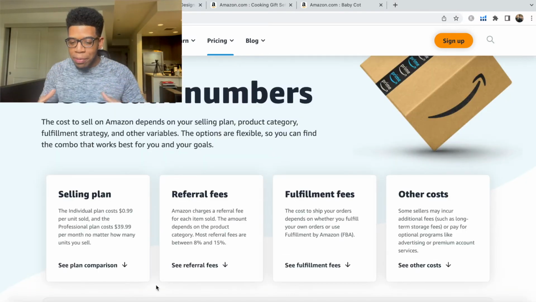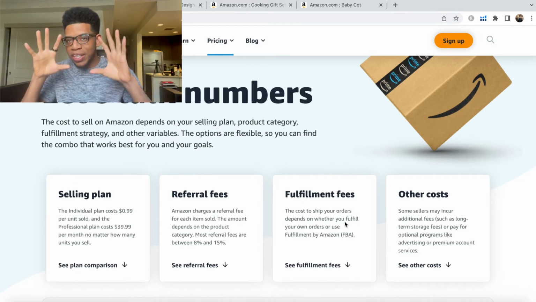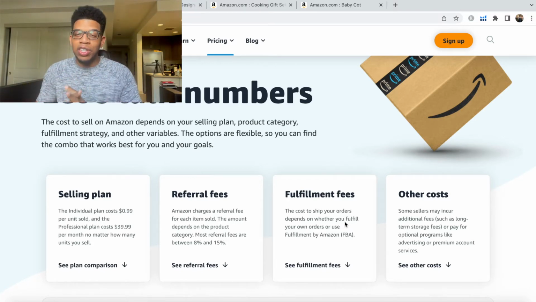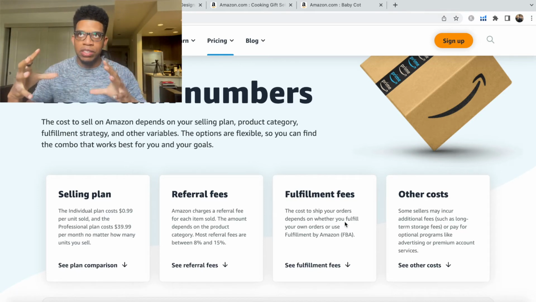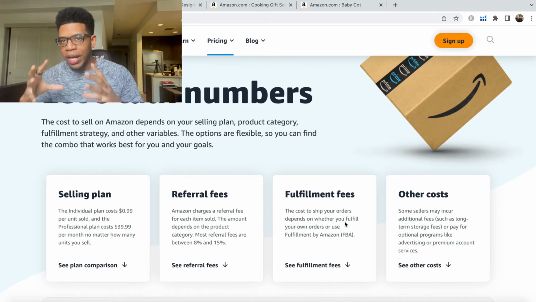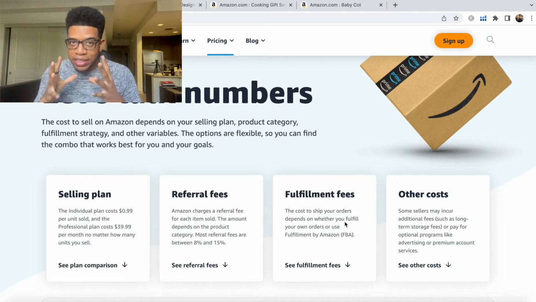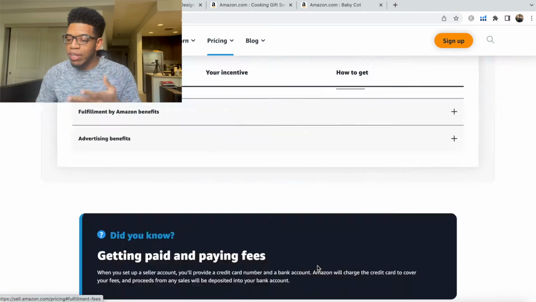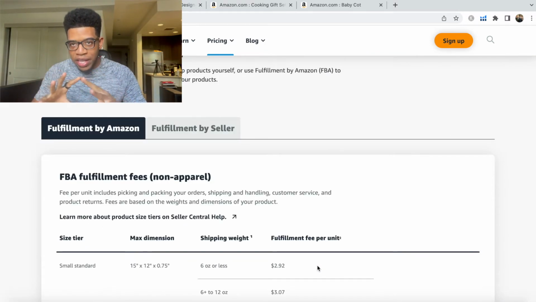Now, back to the top of the page, we have the seller plan fees, the referral fees, and now this is where things get a little bit interesting. Depending on the size, weight, and dimensions of your item, this is where things get a little bit tricky. So if we go to the fulfillment fees, this is where Amazon is actually fulfilling the order,